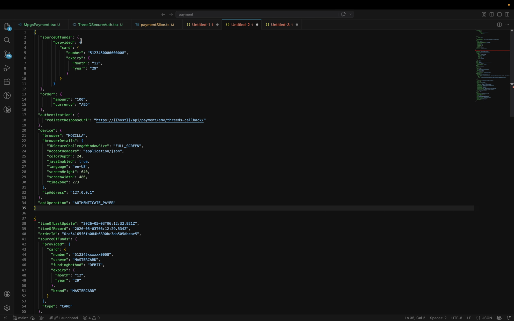So you can see the card number is required, or the token is required. Here I have the card number, expiry, and year. The order details, amount and currency. So this is the redirect URL which I was mentioning to you to redirect to, and this is the device